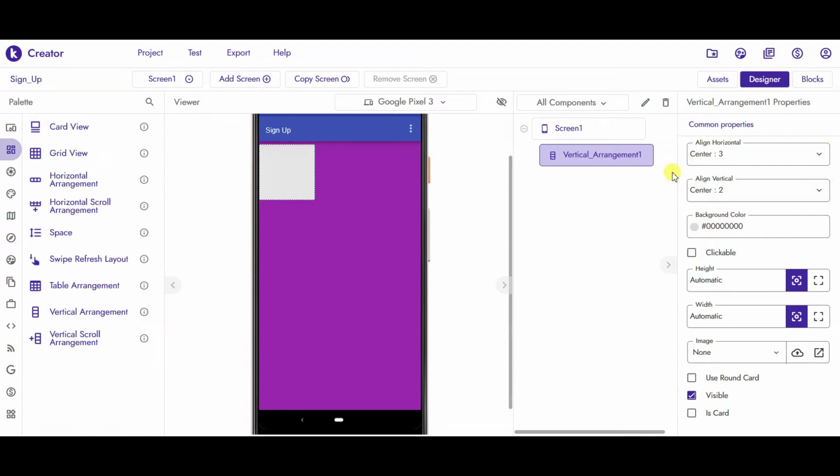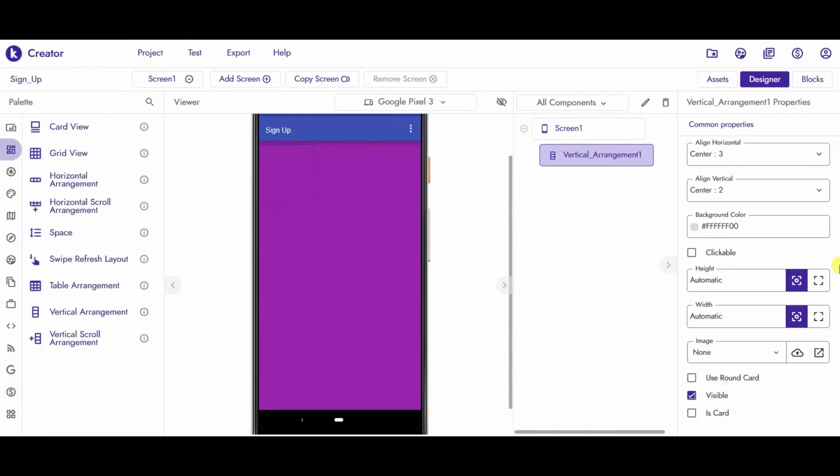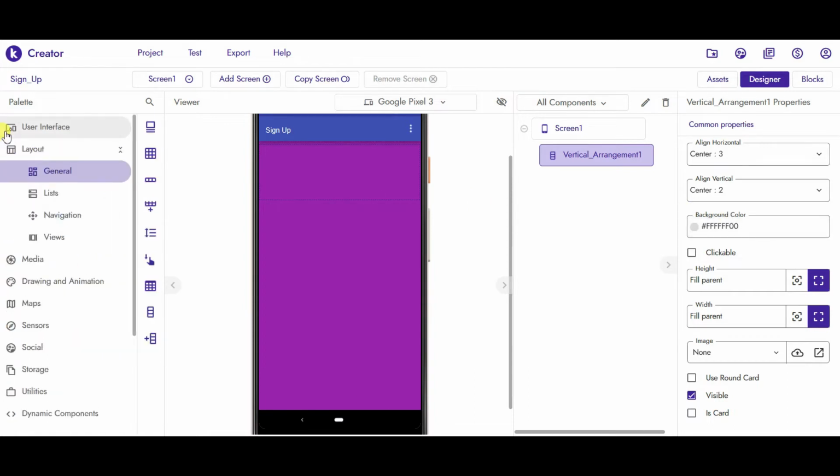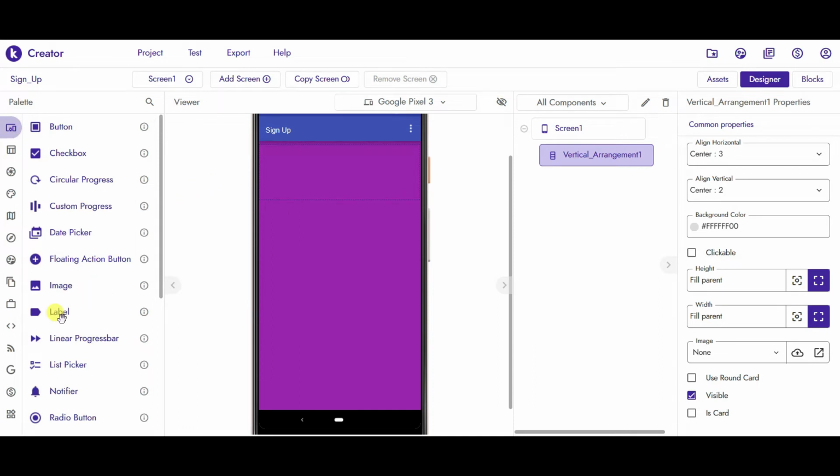Set the background color to none and set the height and width to fill parent. Next, go to user interface and drag one label.